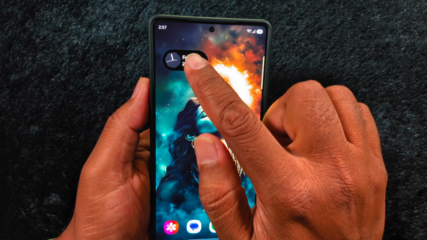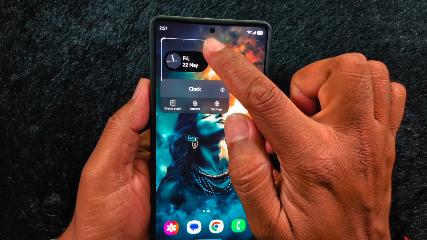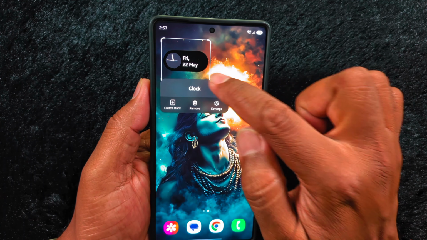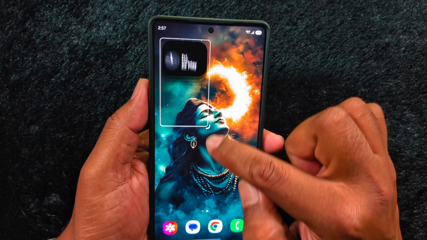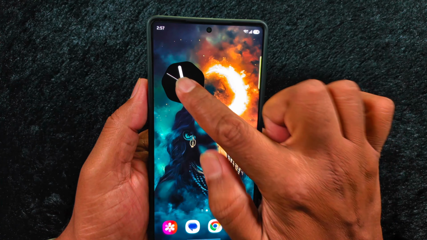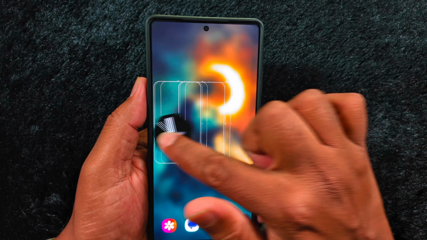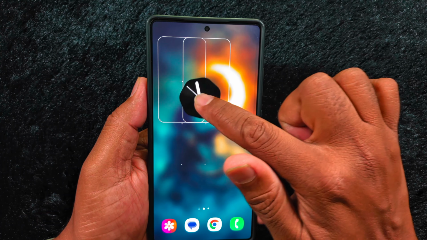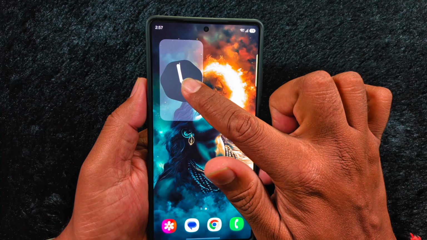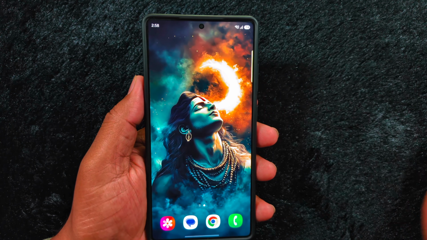You can also resize the widget. Long press the clock, then drag the edges or slider to increase or decrease the size of the clock. To move the clock, simply long press it and drag it anywhere on the home screen. And if you want to remove the clock widget, just long press it and tap Remove to delete it from